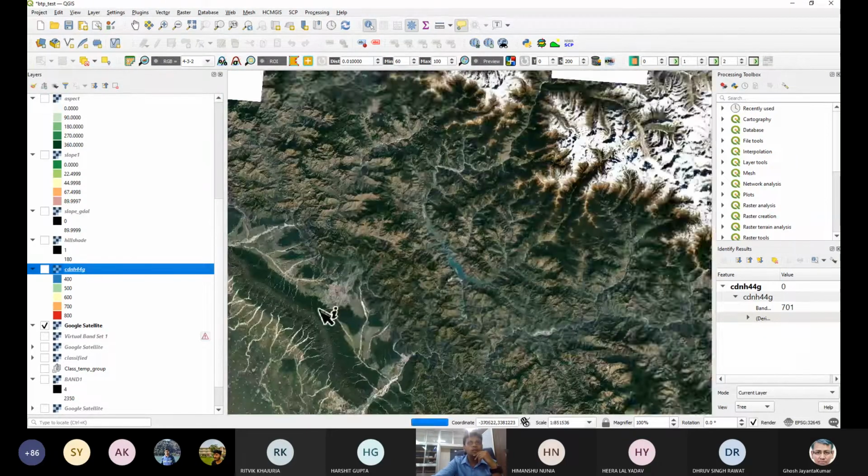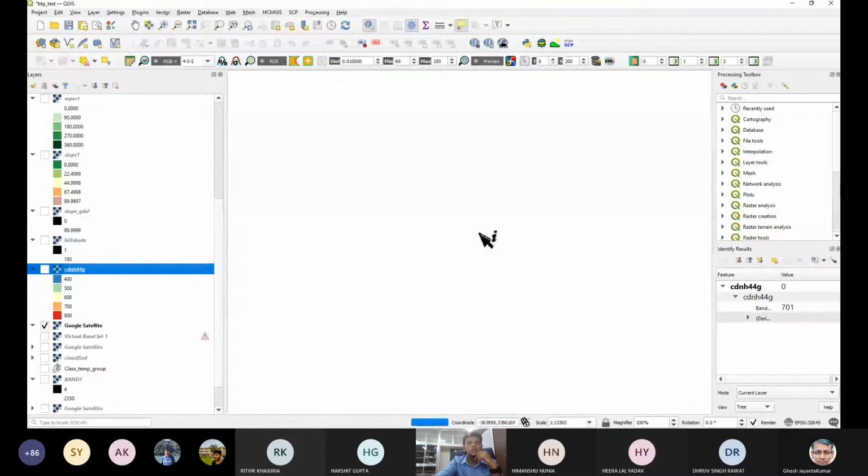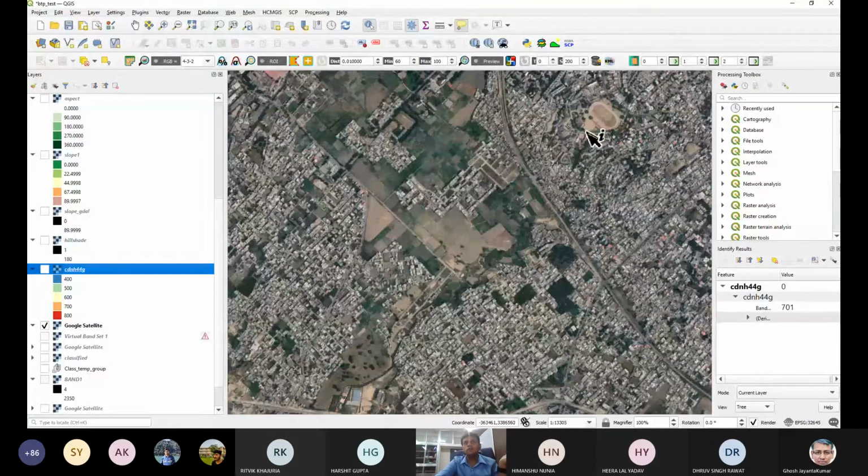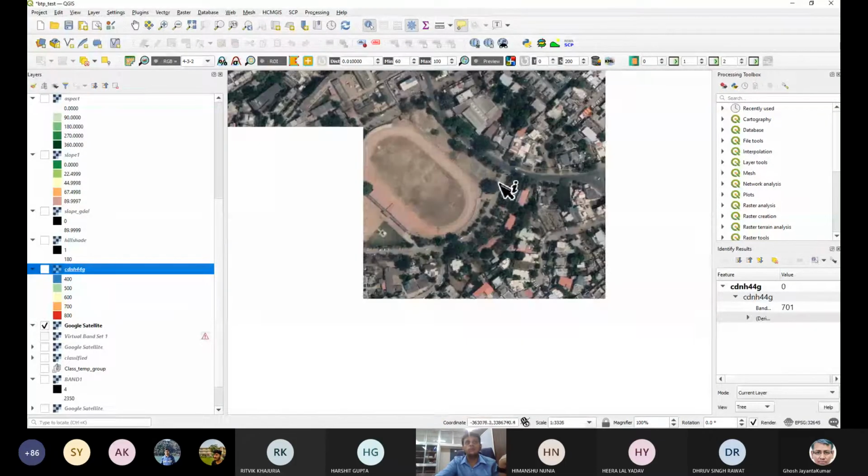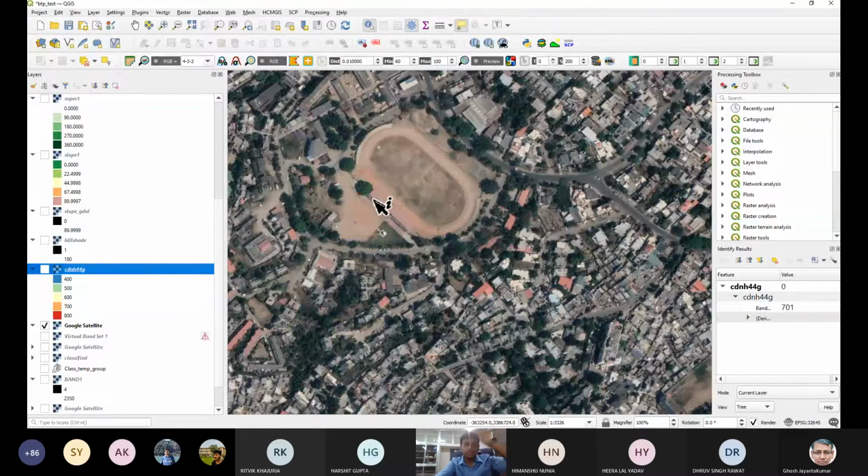Okay, so that's our Dehradun area, with high resolution images. If I ask any of you to just mark the football ground, the inside field, what I have to do is go to the vector layer, or I don't have to go there even. We create a new shapefile. Create here.